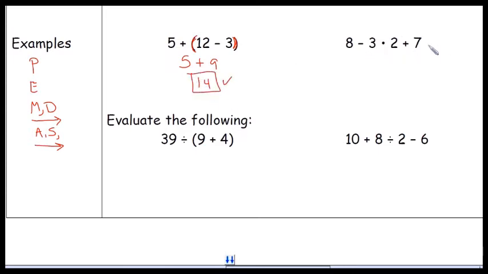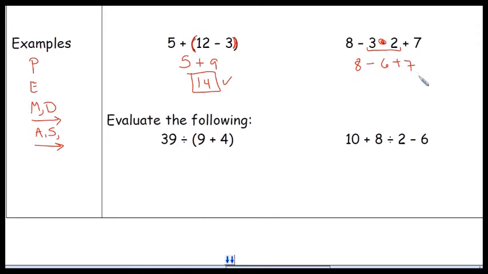Okay, now let's look at this one over here. I don't have any parentheses, so I don't have any P to worry about. The P is taken care of. The E is also taken care of because we don't have any powers, we don't have any exponents. But we do have multiplication, and we don't have any division, so the only thing that comes first is this little multiplication. So we're going to take care of these two numbers right here, 3 times 2, and 3 times 2 is 6. Now we're going to copy the rest of the problem down, and you have 8 minus 6